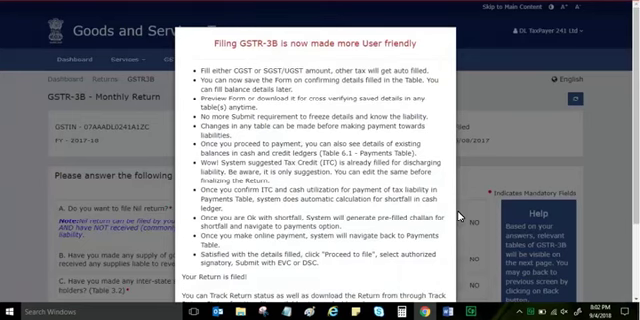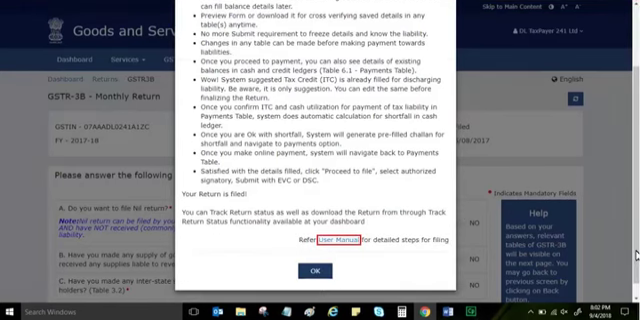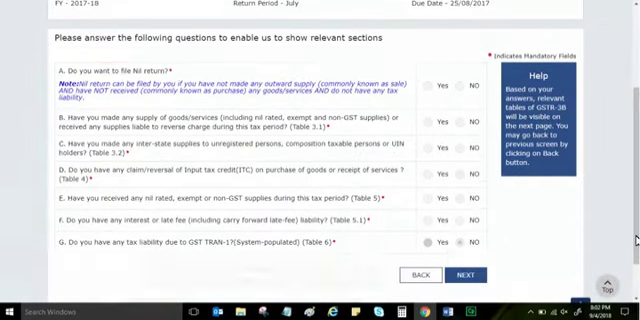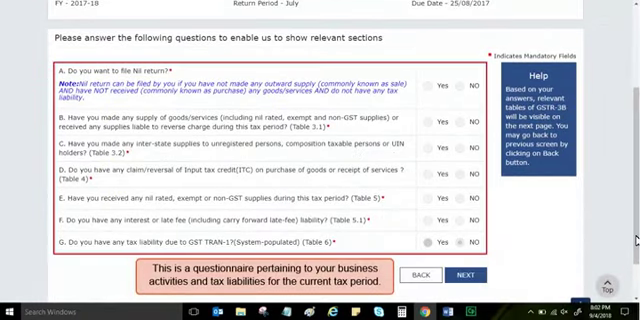And you'll see this message. Please read the message, and as you scroll down, you can also click this hyperlink to view a step-by-step instruction manual on how to file GSTR-3B. To proceed, click OK. This will display a questionnaire pertaining to your business activities and tax liabilities for the current